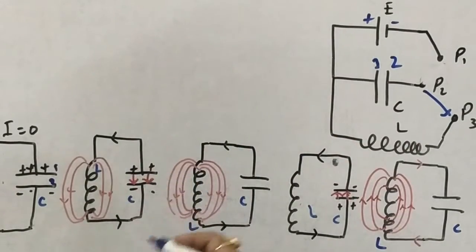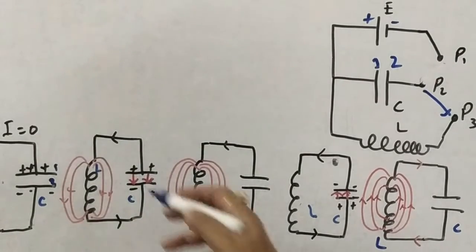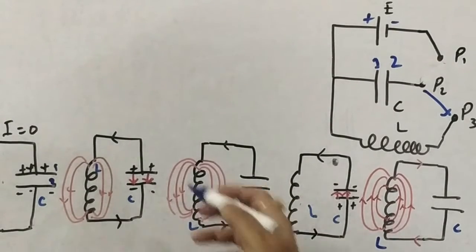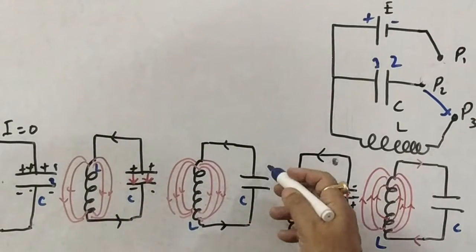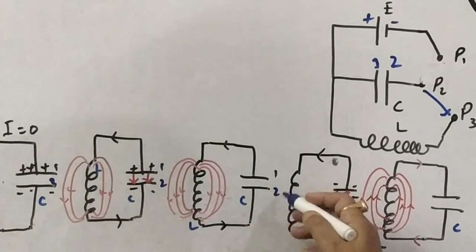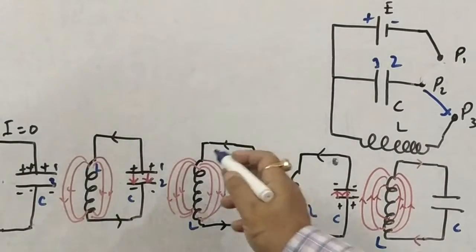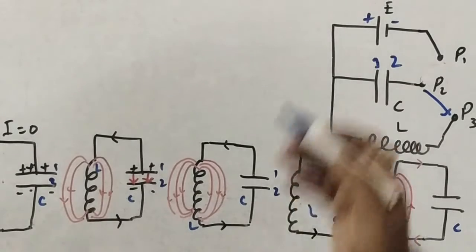Well, after doing this, we have seen that here 2 rings are there, 2 magnetic lines of force are there. Here we have seen a larger number, which means it is being discharged. Now once it is totally discharged, you can see we don't have any charges on the plates. After that what will happen, the voltage developed, the induced EMF, will produce some current and that will again recharge the plates.